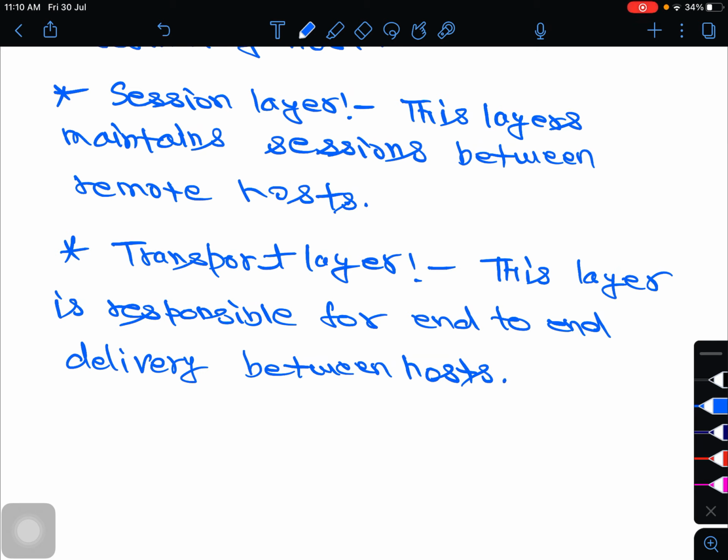Next is network layer. Network layer converts the information into packets, and these packets are delivered between the two hosts.